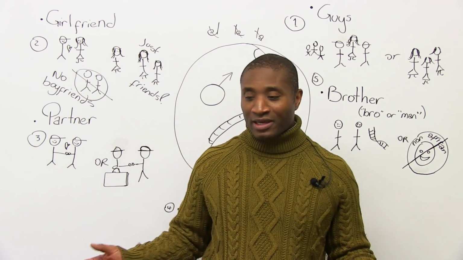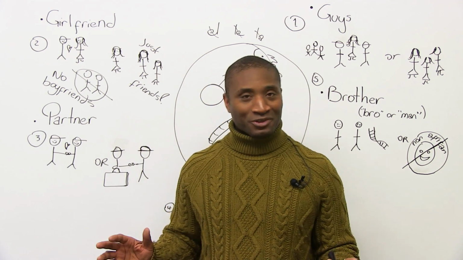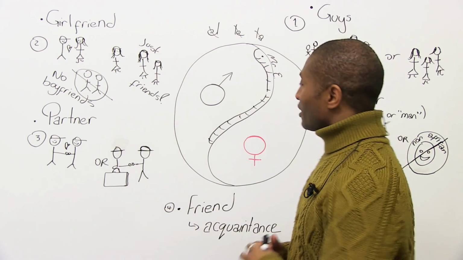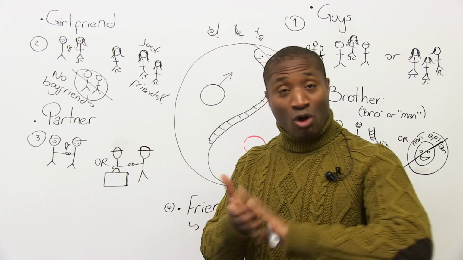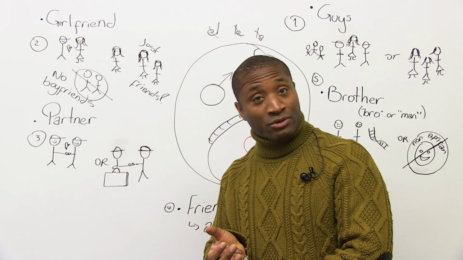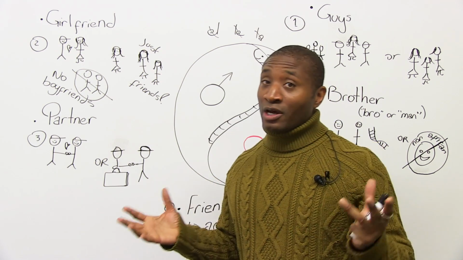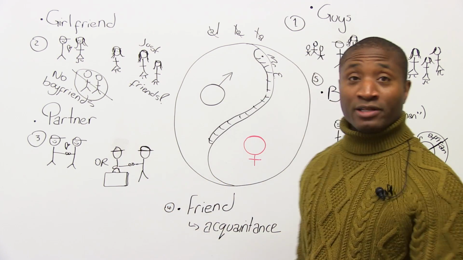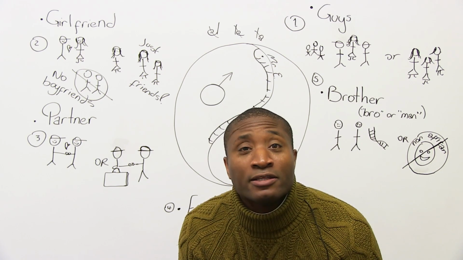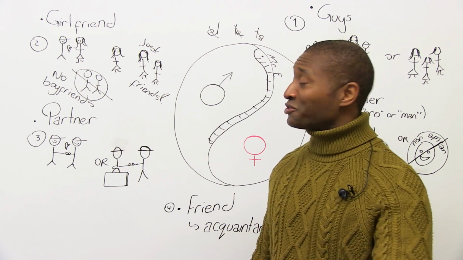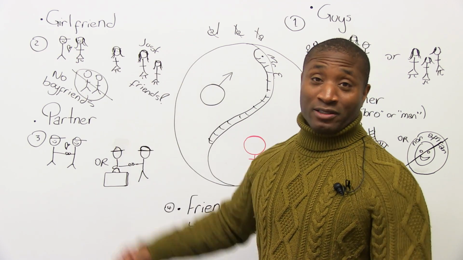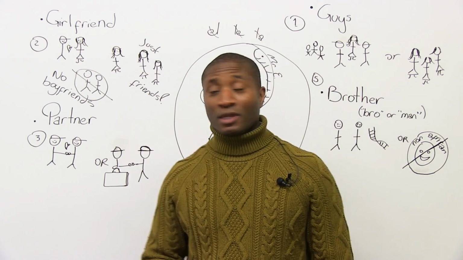Guys, anything with a girl or a guy is guys, right? Remember, unless it's an older woman. Partner, be very careful with that. Is a partner, is it a long-term relationship? Is it a business associate, or is it a gay relationship? Context tells you what? Friend. Nobody's your friend. Don't be confused. Unless we've known each other a long time. You're just an acquaintance. And girlfriend, as Oprah would say,